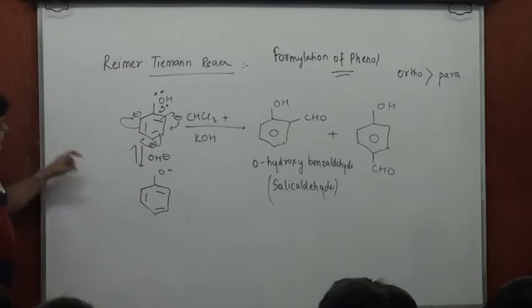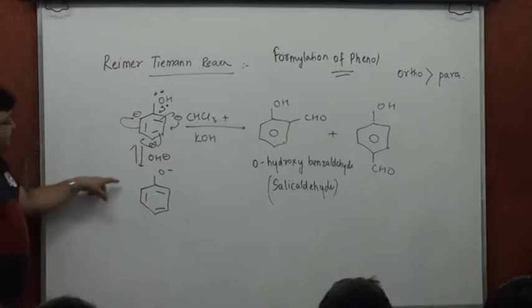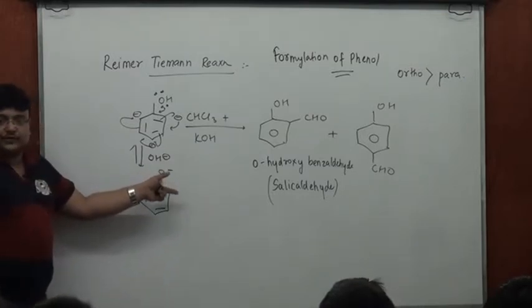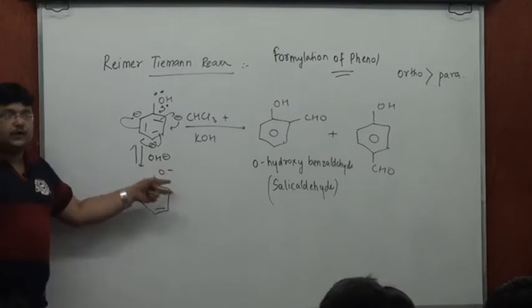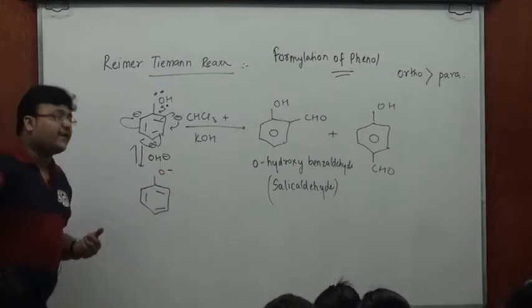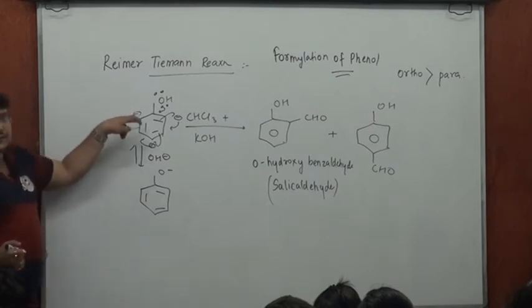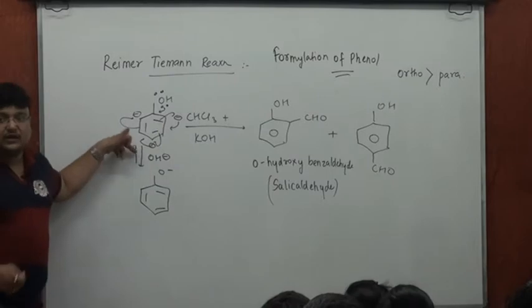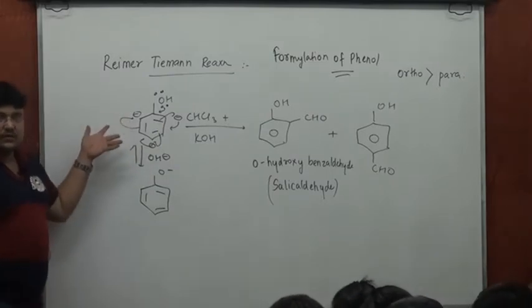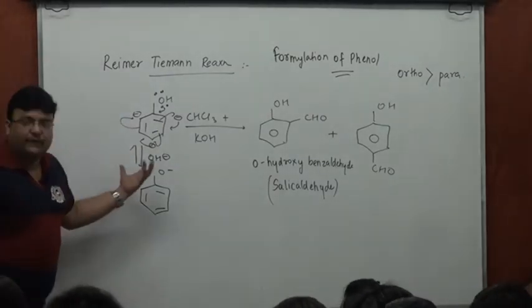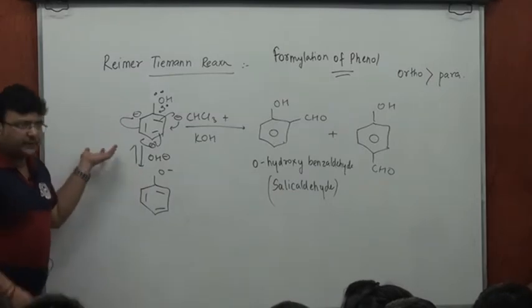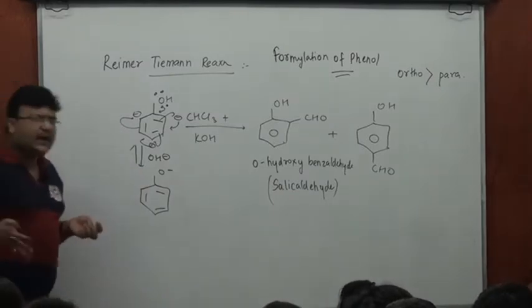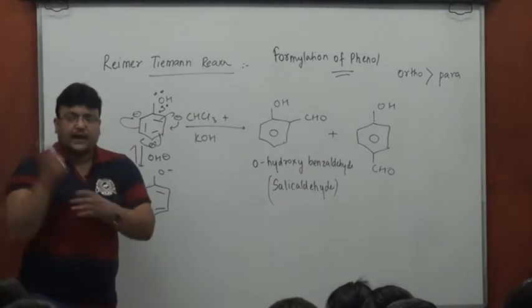Between phenol and phenoxide, phenoxide has higher electron density over oxygen. Because of resonance, because of the plus M effect of the OH group towards the ring, this electron density goes into the ring, making ortho and para positions electron rich, inviting an electrophile to come and attack at ortho and para positions. In the process, the ring is supposed to be activated.